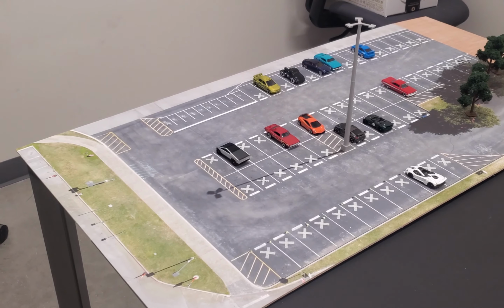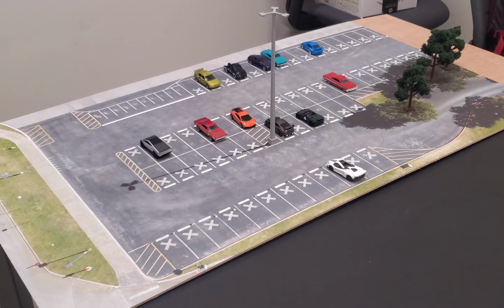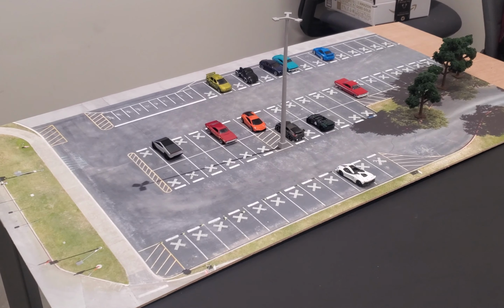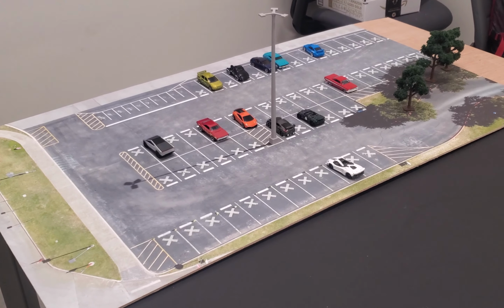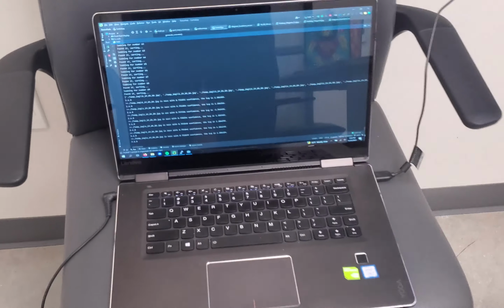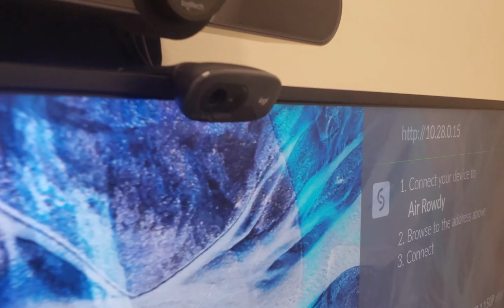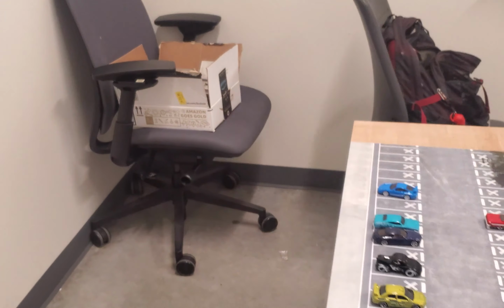Welcome to the RetroPark live demo. Right now we have the subscale model in front of us here with Hot Wheels cars acting as real cars, filling the Jimenez flat parking lot. On the left over here, we're gonna have my laptop. This is acting as the brains of the POM currently. And then up over here is the camera that we're using to stand in for the Pi camera that's actually going to be used on the device.